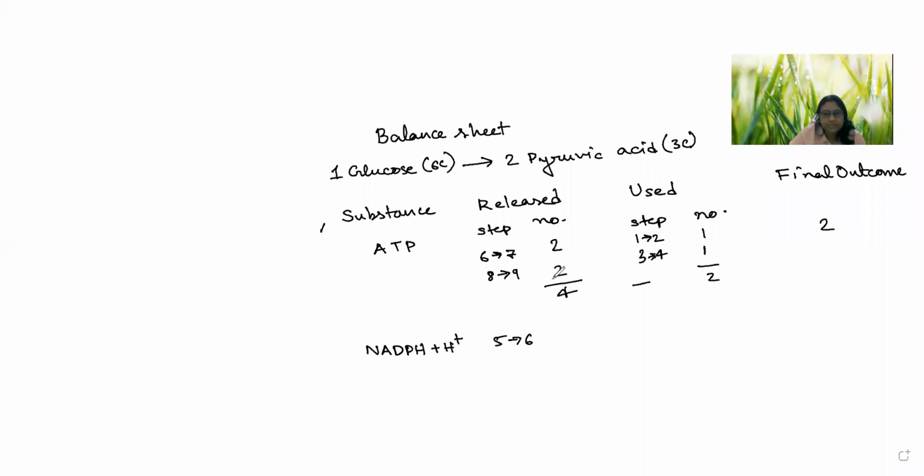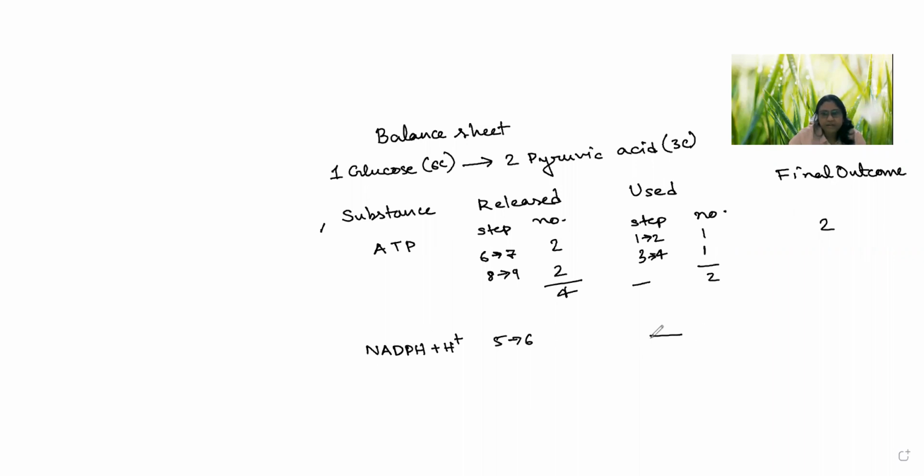Fourth step is 3 to 4, which is fructose 1,6 diphosphate. In 4 to 5, there is formation of PGALD and dihydroxyacetone phosphate. Then from 5 to 6 there is production of NADH, no? Where phosphoglyceraldehyde becomes phosphoglyceric acid. In that step NAD plus is used and NADH is released. Now it is not used anywhere.